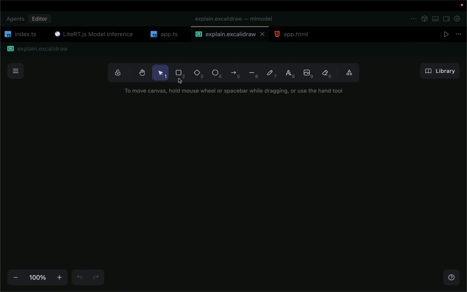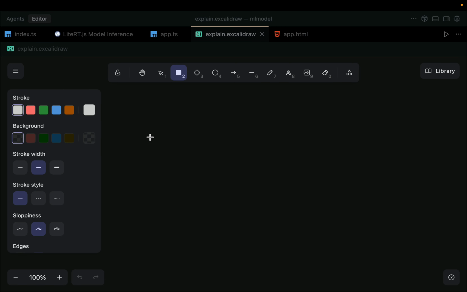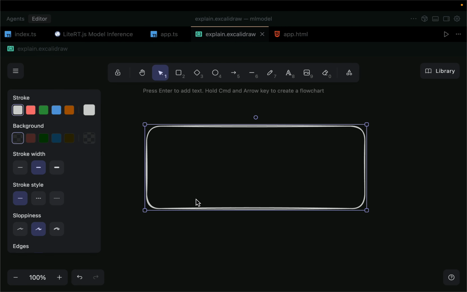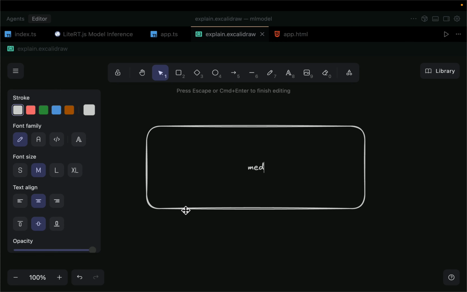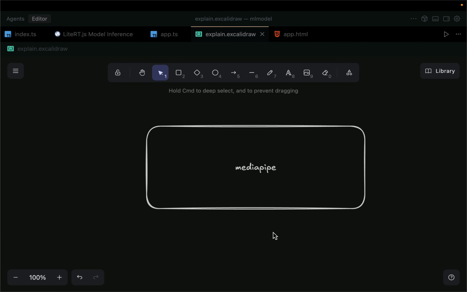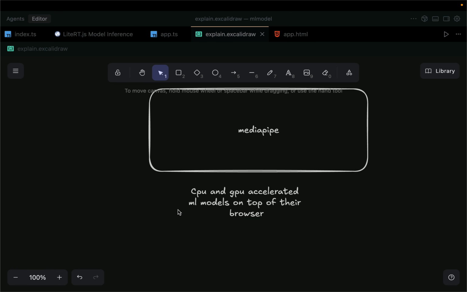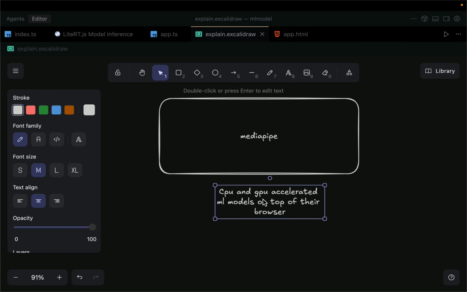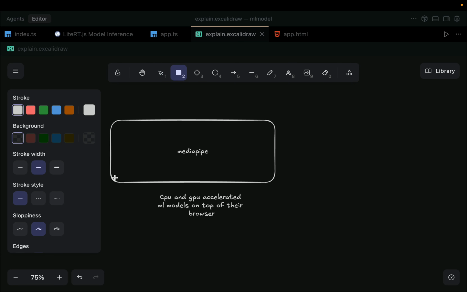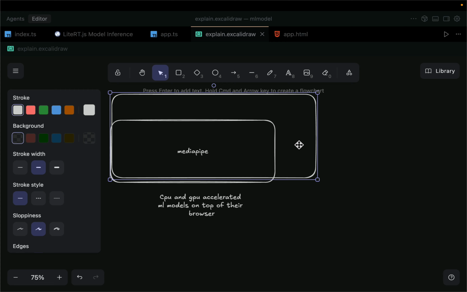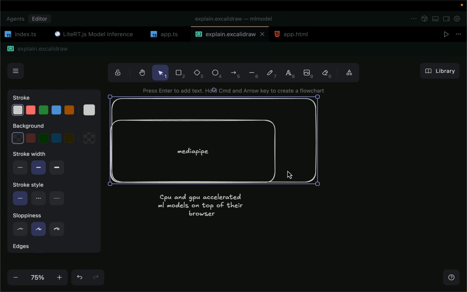So basically, how I wanted to imagine LiveRT is this way. Google, a few months ago, released MediaPipe, which allowed them to run CPU and GPU acceleration. So they basically had CPU and GPU accelerated machine learning models on top of their browser, right? And this allowed them to extend this API. So I imagine LiveRT as an extension of MediaPipe, where it not only supports this,